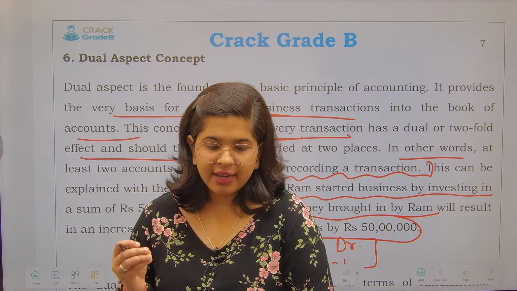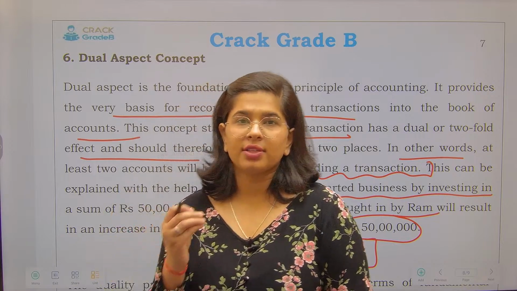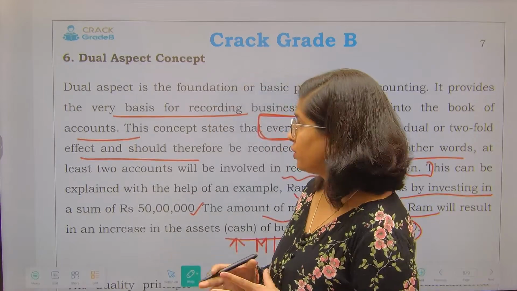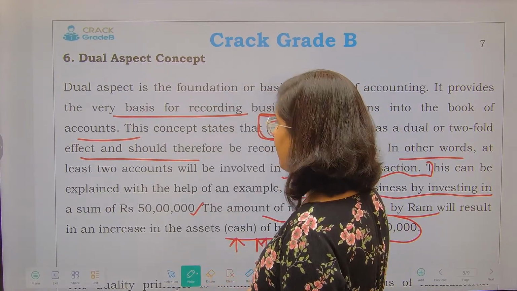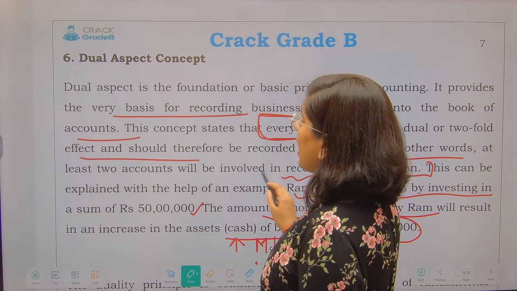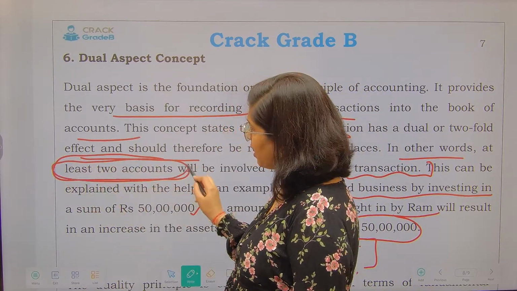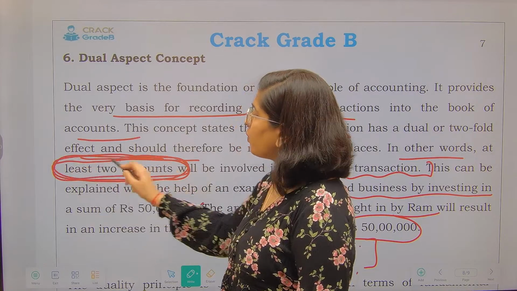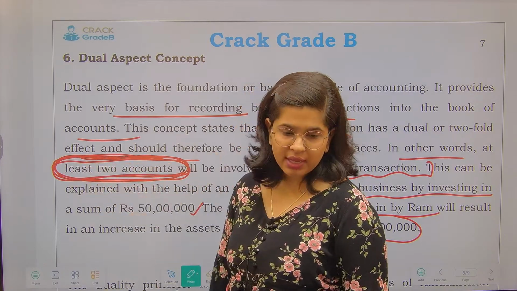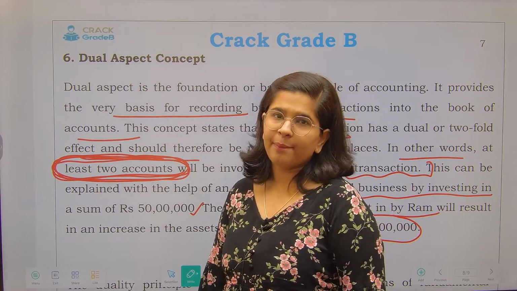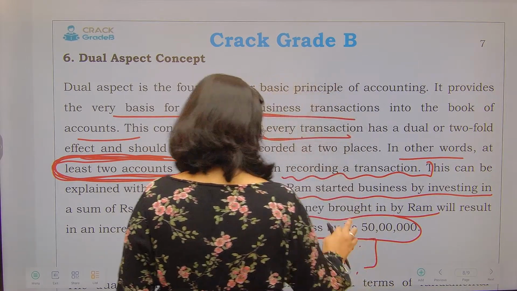So these are a few things that make the concepts confusing, and a question can come on this. Just see this very carefully. See what they are saying: at least two accounts will be impacted. कम से कम दो accounts impact होंगे किसी भी transaction में. But more than two accounts can also be impacted. Now see how it can be done.